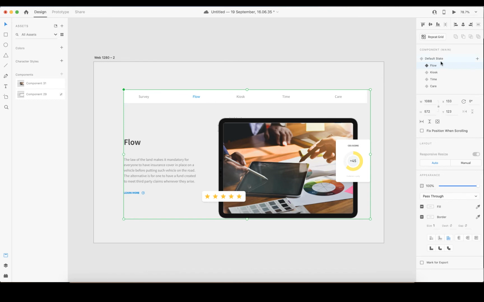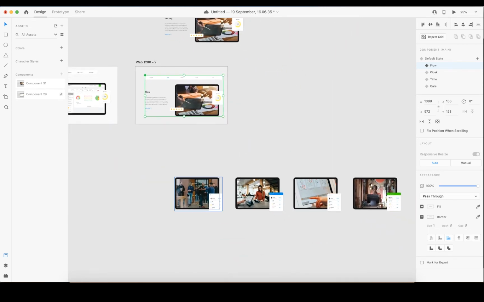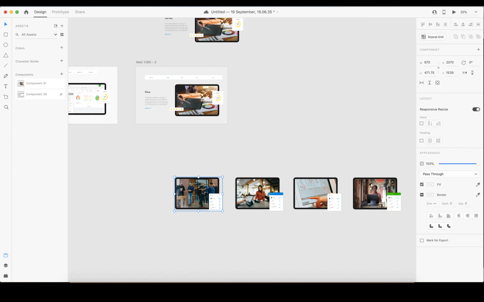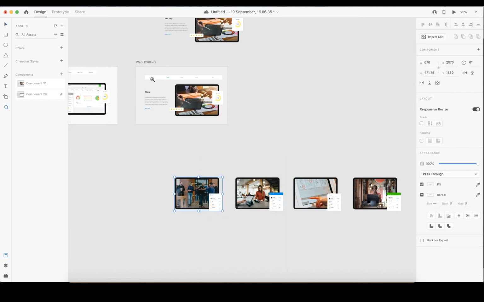So if you go back, if you click this default, you see that you go back to survey, click on flow, have this on the component state. But what we're going to do in the long run is to make them interact. So when you click on this, if flow, you don't have to click on this for that to happen. So let's quickly create, this is for flow, so let's change the image for flow. So if I come down here, I already have all the images lined down, so I'm using this image for flow. So I have to cut this image, or copy this image rather.